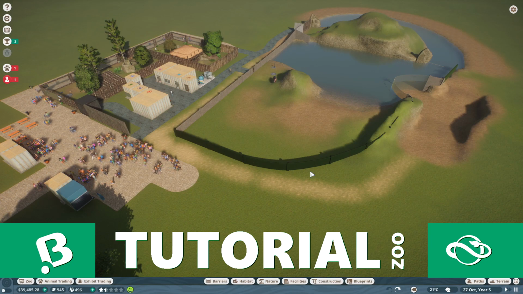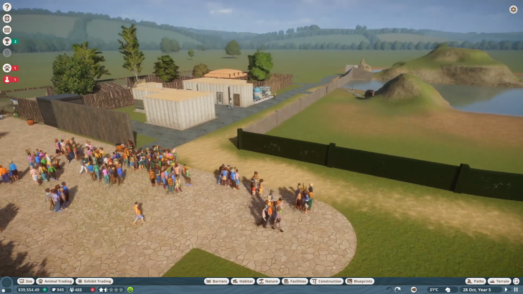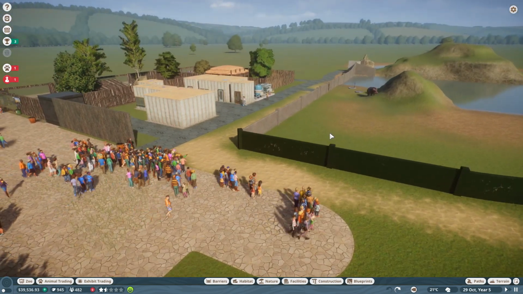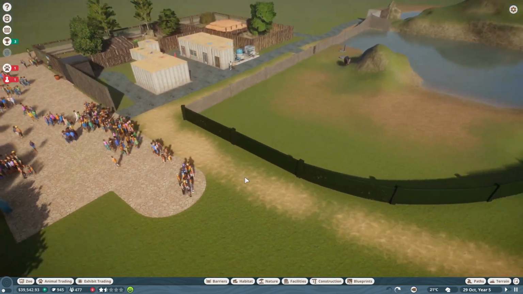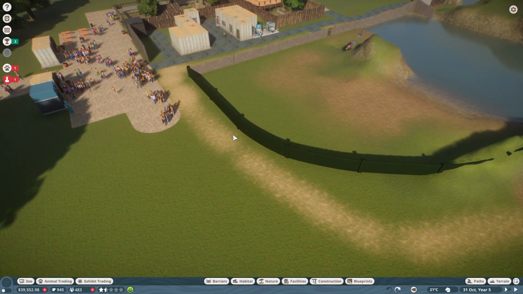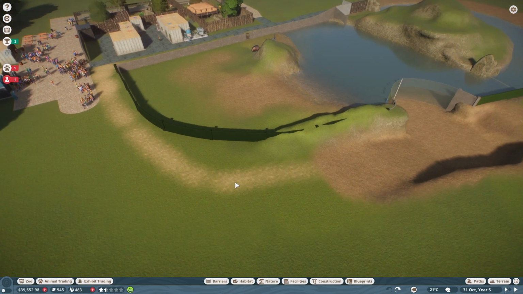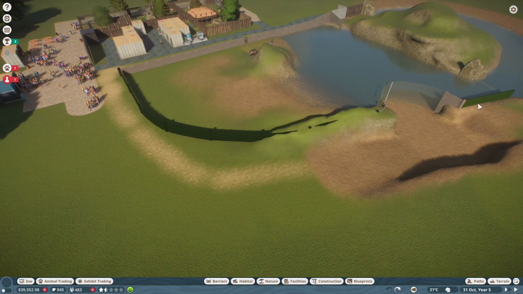Hello everyone, we are back in Tutorial Zoo, and as you can see, those people are trying to catch a glimpse of our hippopotamus. But let's be honest, from this point it's pretty bad. So we're gonna pause the game and we're gonna play with the paths today and create some nice viewing points